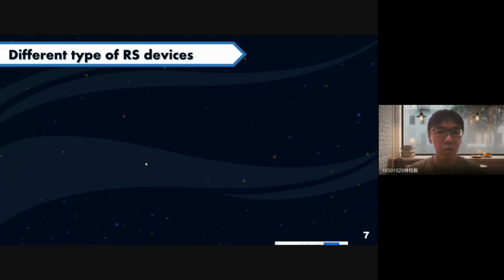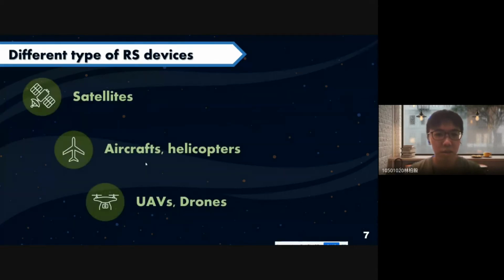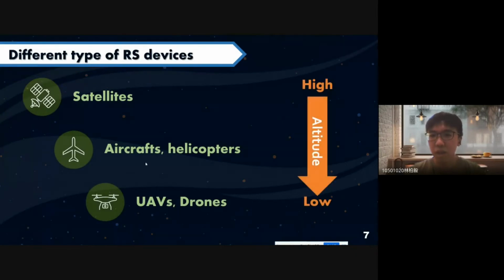Here I'm going to talk about the different types of remote sensing devices. From high altitude to low altitude, there are satellites, and the middle altitude is aircraft and helicopters, and the lowest altitude is UAVs and drones.